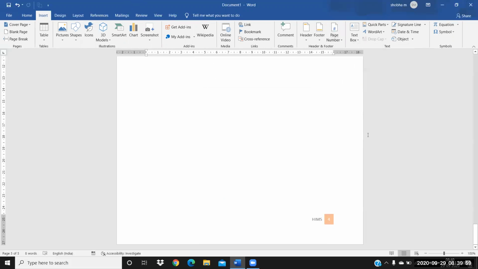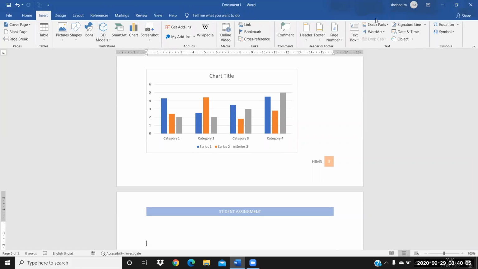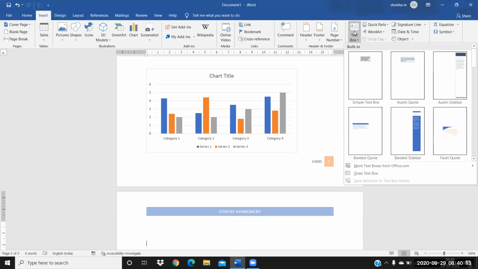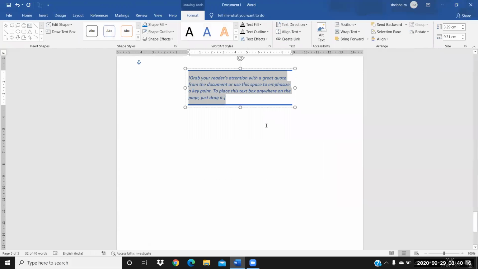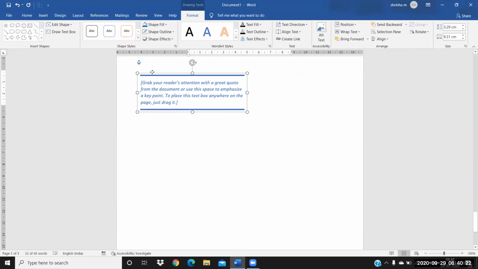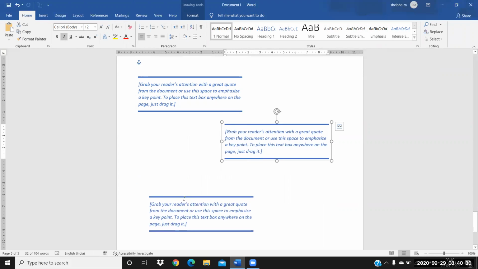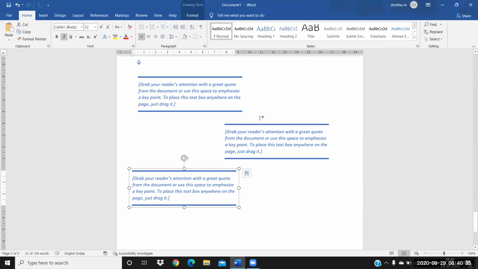Okay, the next thing is the text box. You can also insert a text box in your page. A text box is used to apply one small text in a rectangle format like this. You can put a small text like this, and this text you can copy and put everywhere. So anytime, anywhere you can put a text like this. This kind of design you can also put in the same MS Word, and you can use these designs.